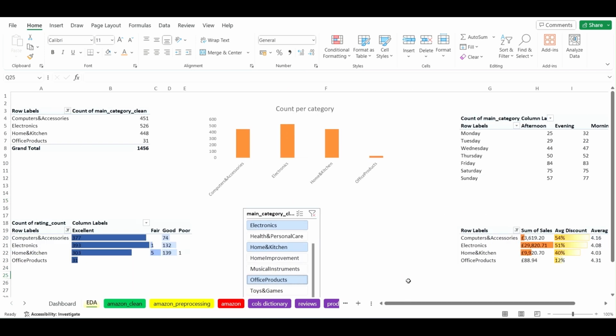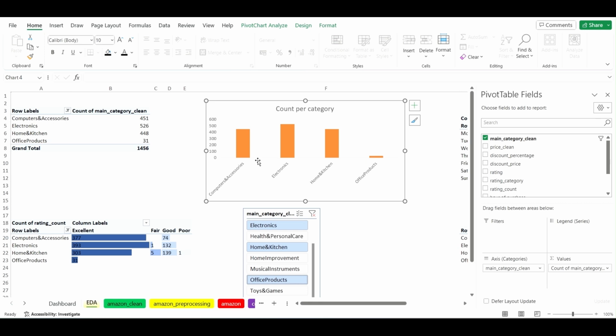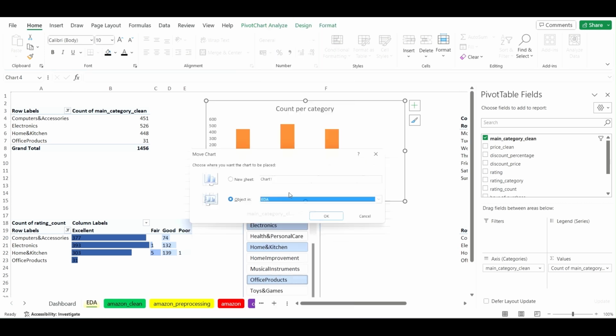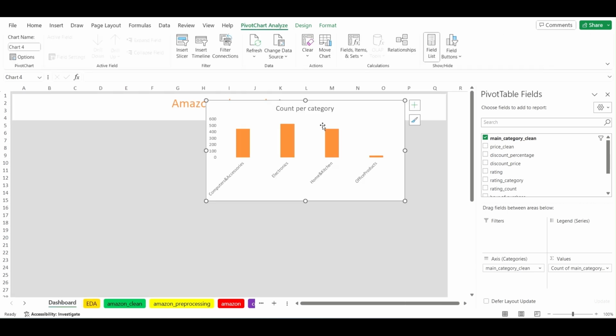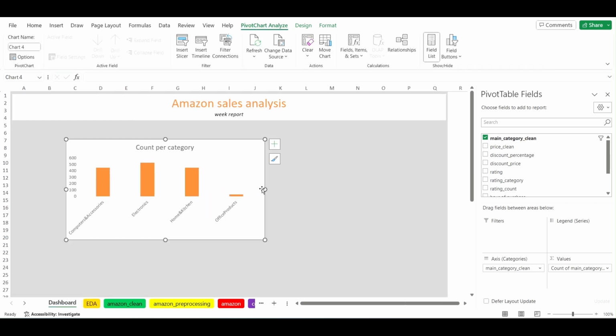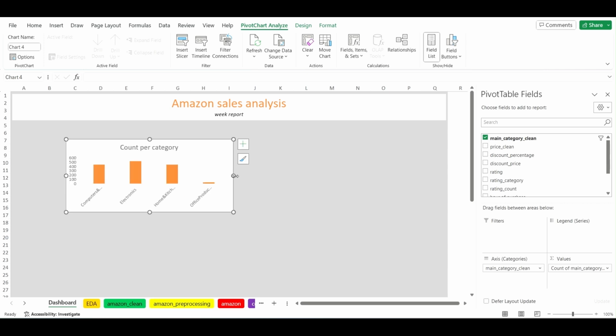So now we have all the information that I want to put onto the dashboard. I just need to move it across. So the first thing I'm going to do is select this graph, right click, move chart, and we're going to move it to the dashboard worksheet and click OK. Then I'm just going to move this here, make this a bit smaller,